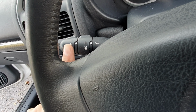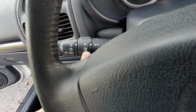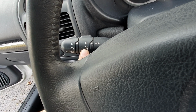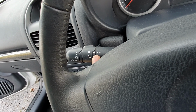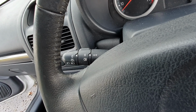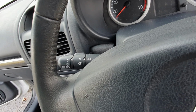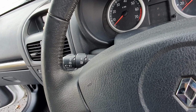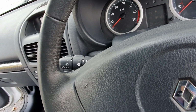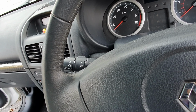So that would mean the only power being sent to the front fogs, well, it's nothing, because we only have the rear fog stalk. So in order to get those front fogs to work, it looks like changing the stalk. Now, I'm not too fussed about that. I don't really think I need front fog lights, but the fog lights are on the car. They've obviously been put there for show, so the video remains unchanged on how to DIY fix your fog lights